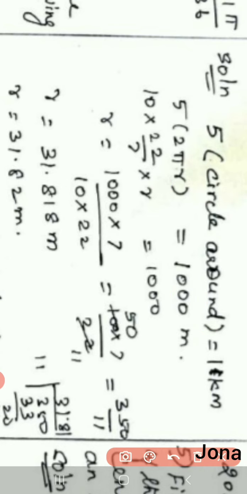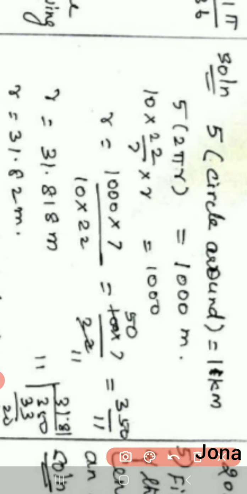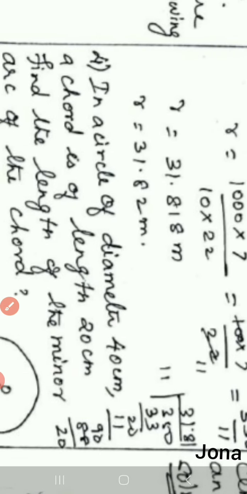So keep r here itself and take all the other things to the right hand side, so that it will become the reciprocal there. So r equal to 1000 into 7 by 22 divided by this 10 also. It is in multiplication, it will go into division there. And then simplify this so that we can have 350 by 11. We must divide this by 11 here, so that I got the value 31.818. It goes on. So if I round off this value, I can get r equal to 31.82 meters. Okay, then look at the fourth sum.